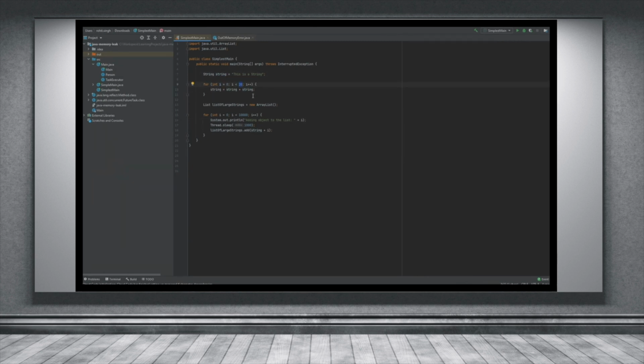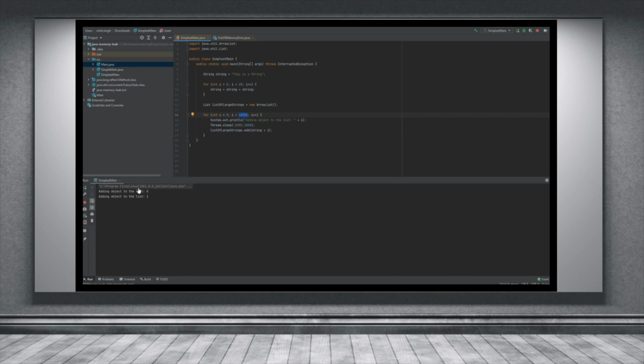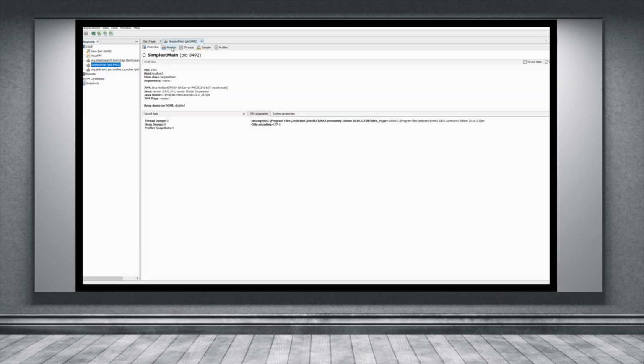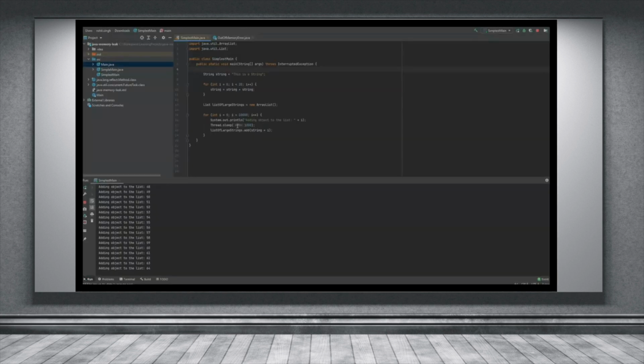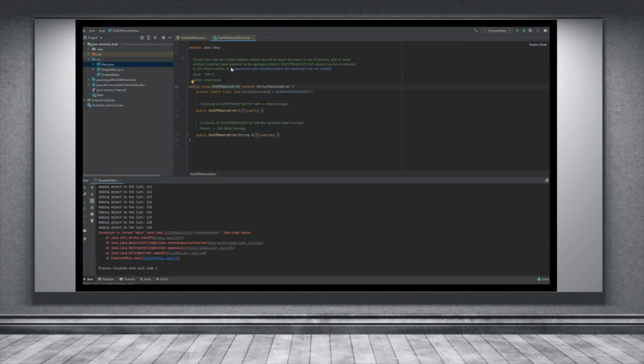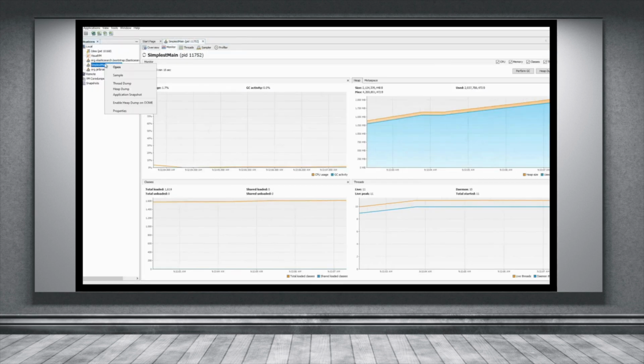Ever wondered what really happens when a Java program runs into a memory leak? In this video, I will show you a step-by-step simulation of a Java memory leak, and then we will monitor the JVM's memory usage live in real time. You will see exactly how heap space fills up, how garbage collection responds, and why leaks can bring down even